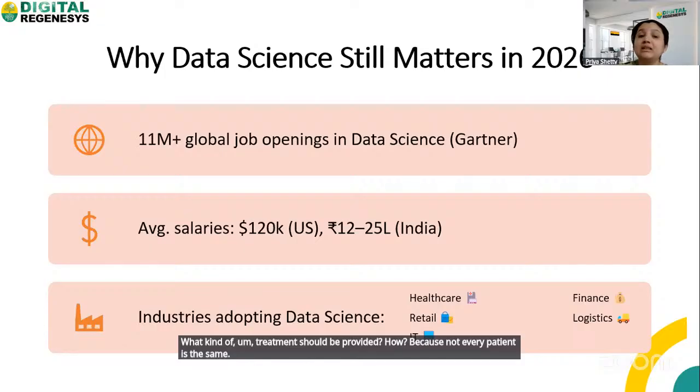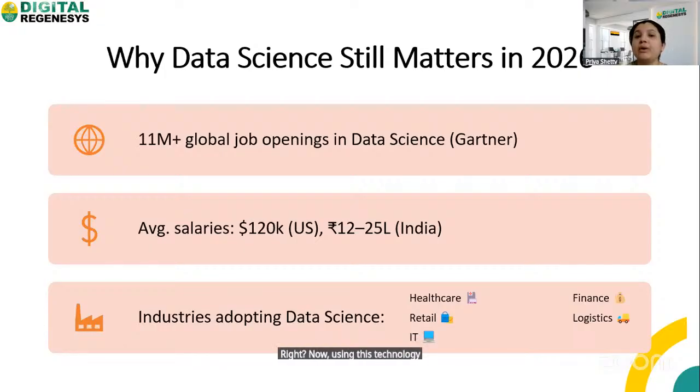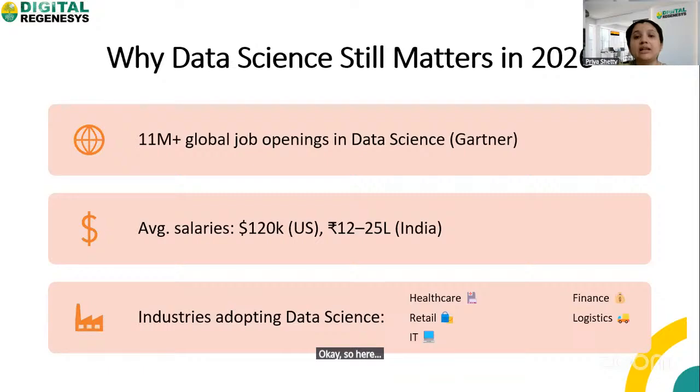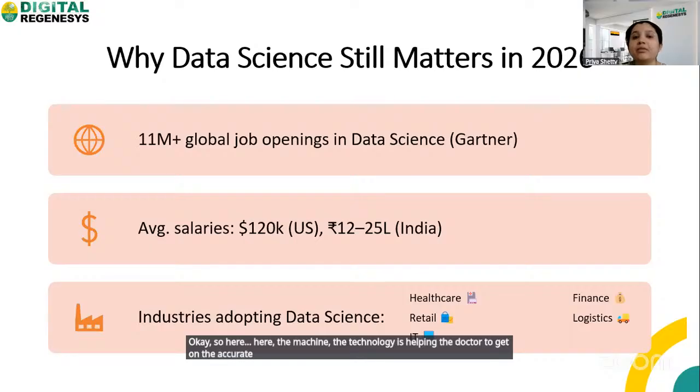Using this technology to analyze the patient and provide medication accordingly prevents readmission. So here the technology is helping the doctor get to the accurate medication,